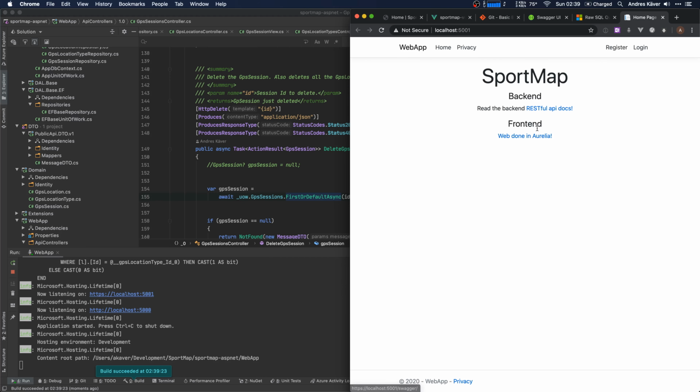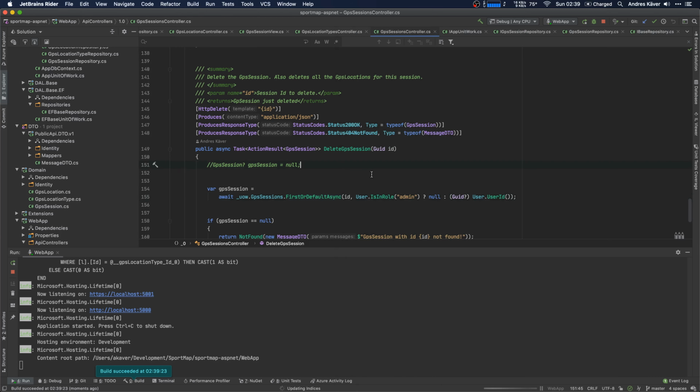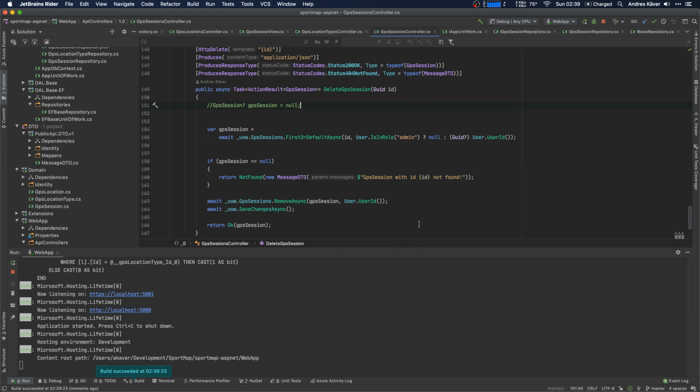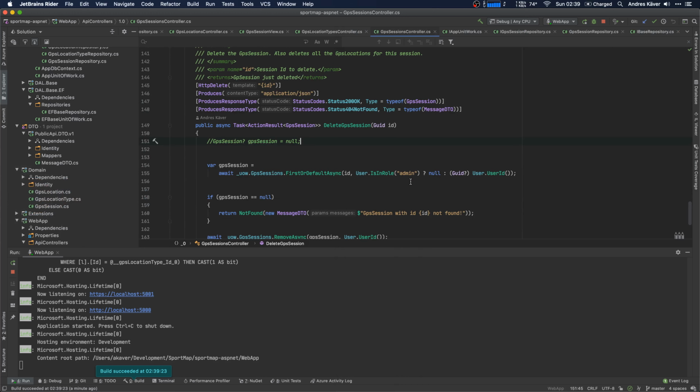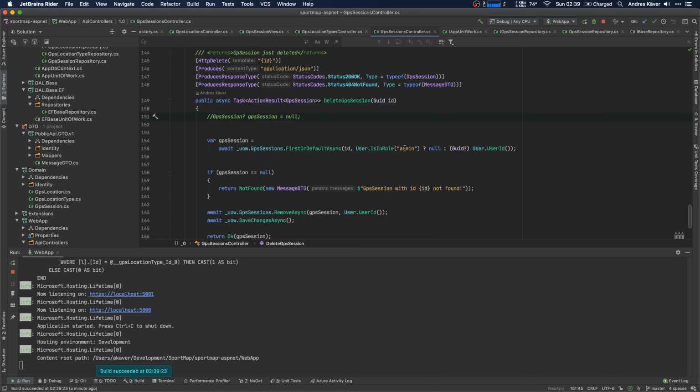Okay, I have my backend up locally against the local database. GPS session with an ID not found. Okay, and this one already raises an exception if this is,